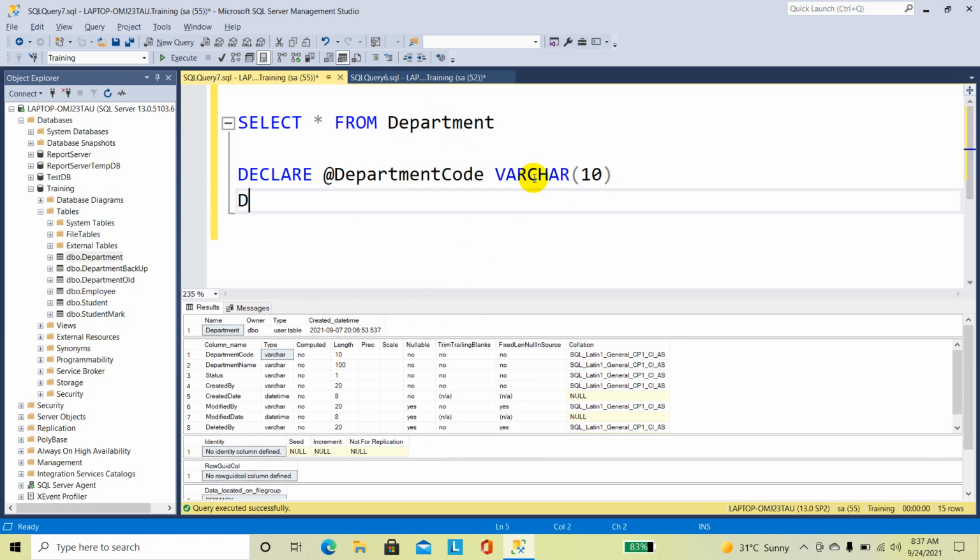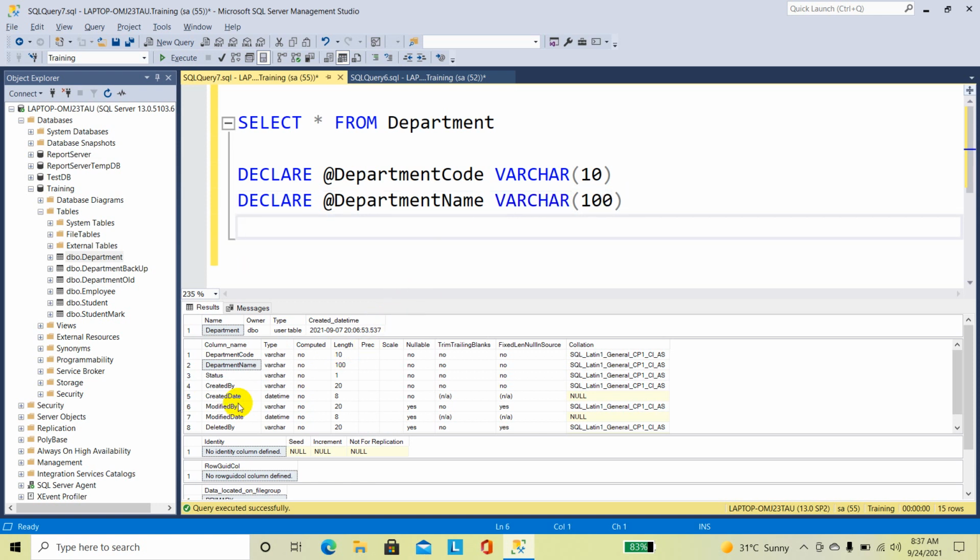Next variable is department name, and the data type is varchar of 100. Next is modified by, declare modified by, data type varchar of 20.